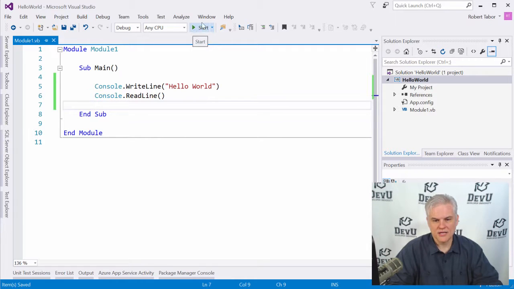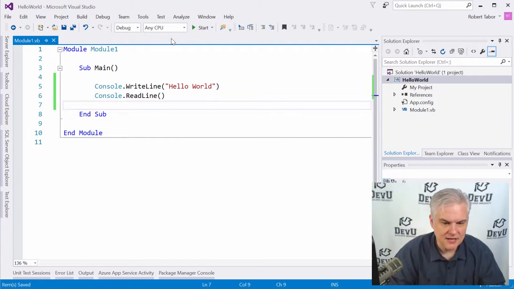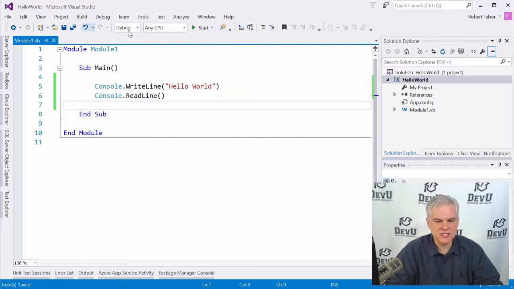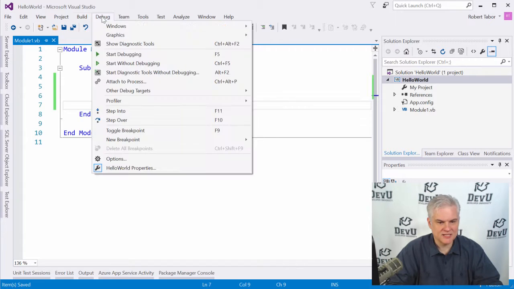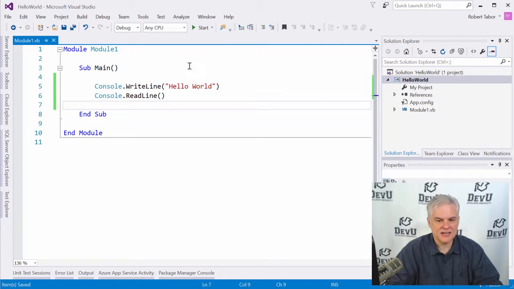here on your toolbar. Now, sometimes you may not see these based on some of the default settings, or you may have accidentally moved some things around. Just about everything you see on the toolbar can also be found in the menus. So for example, in the File menu, there's a Save All option, and in the Debug menu, there's a Start Debugging. So if there's something that you don't see on your toolbar that you see on mine, just look through the menus and you might find it there. But ideally, it would be here on your toolbar.